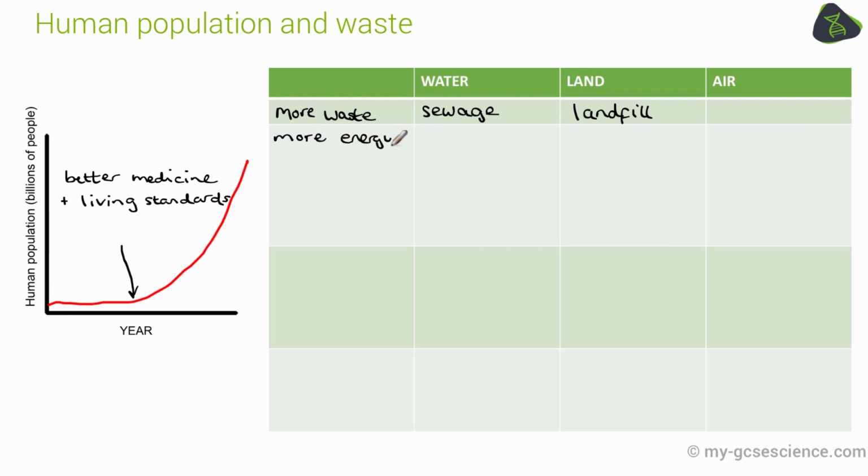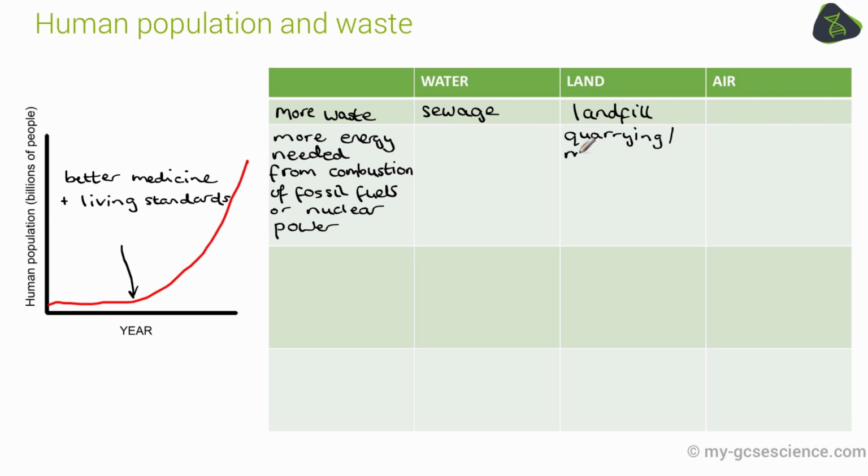We also need more energy, and this energy or electricity comes from combusting fossil fuels, which are running out, or using nuclear power. To get access to these, we need to quarry or mine, which destroys the land. Any nuclear waste that is generated needs to be buried deep underground, and that nuclear radiation will effectively pollute that